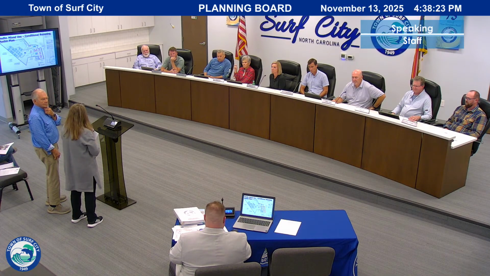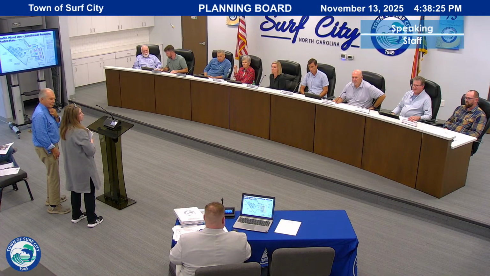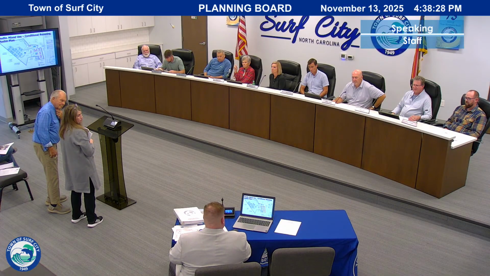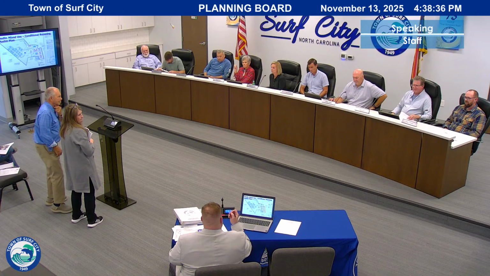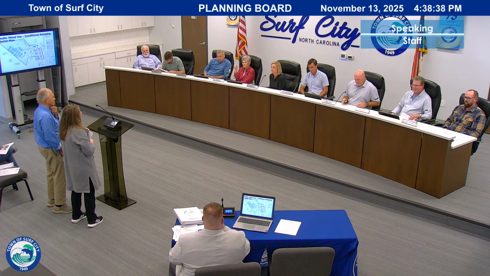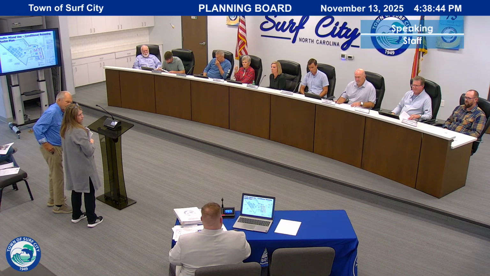That is definitely within your purview if you want to structure the condition like that. It does add a layer of complexity to it, but that is why the planning board exists, to identify where you think conditions are appropriate and then work with the applicant. That way it makes you more comfortable with every recommendation that you give when we get to the town council level.